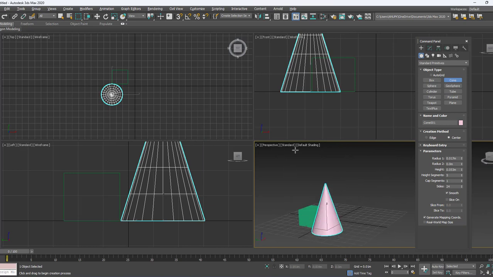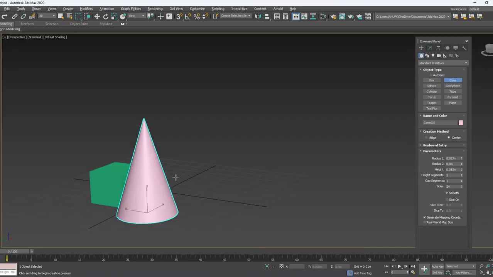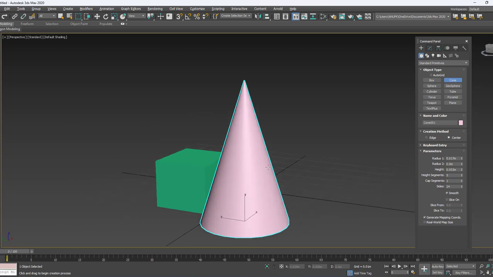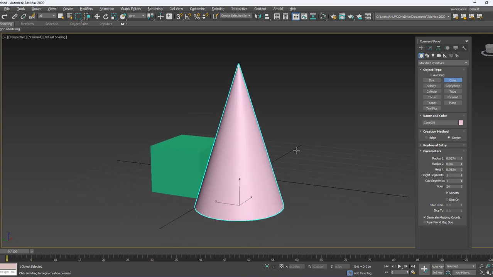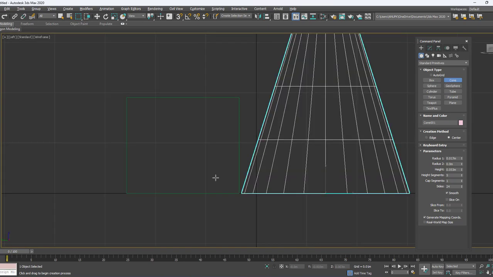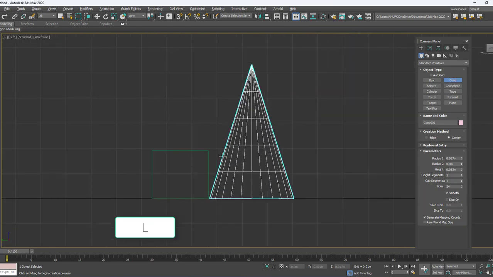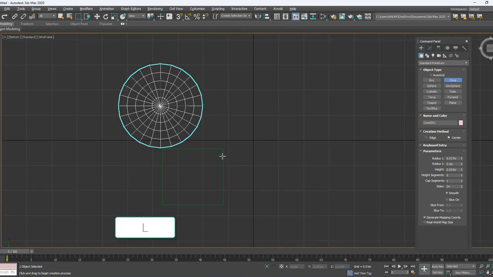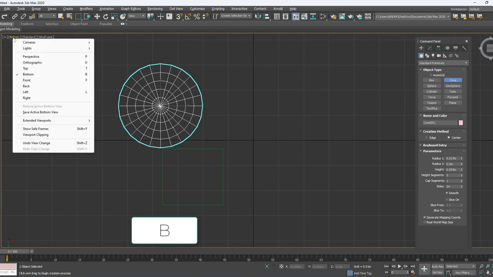And then even in the single viewport you can switch the other view style. Let's learn that. Alt W and this is the perspective view. If you want to see the left, press L. This is the left view. If you want to see the back, then you press B. Like this way you can switch. Even here you can go to the bottom, top, front, back, left, right. These are the different views you can see.